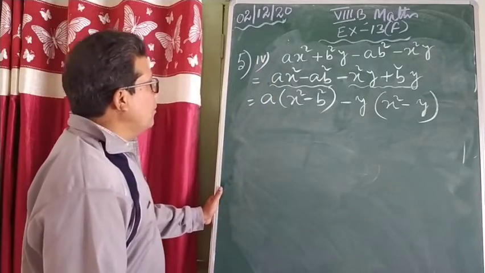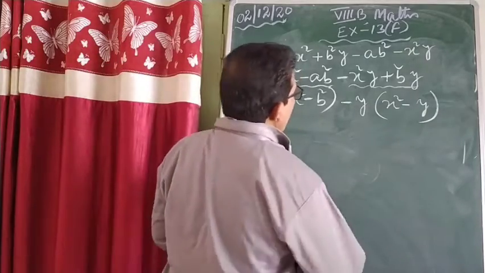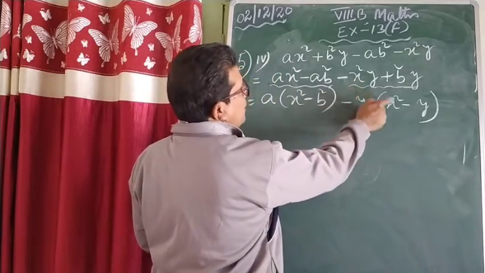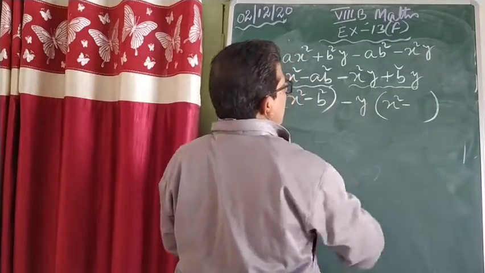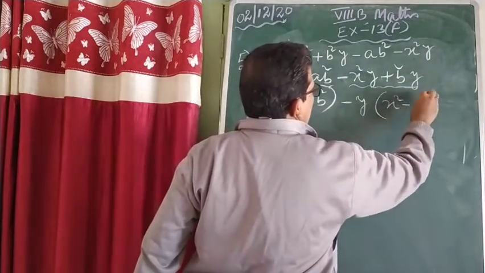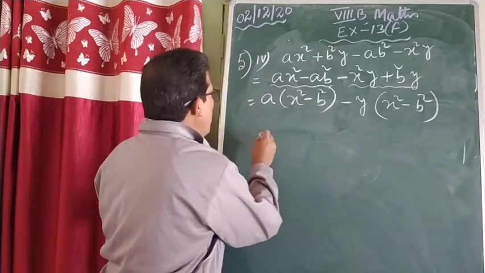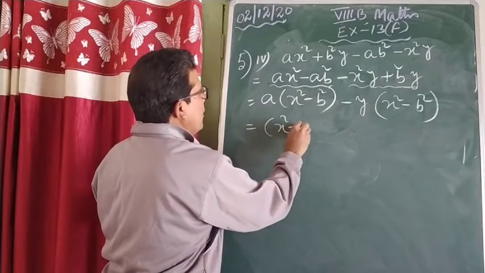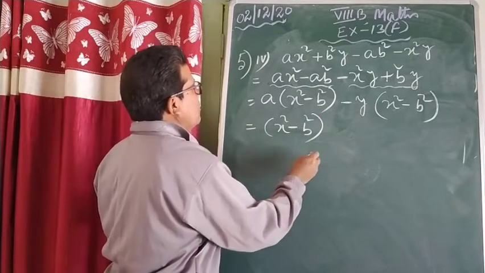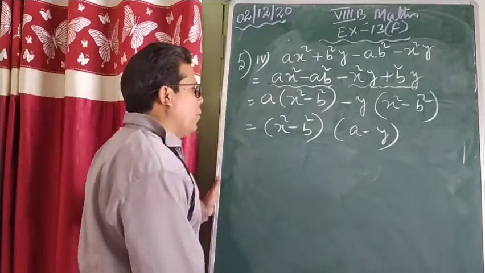Now, somewhere some mistake we made. I made a mistake. Look here. Y when I have taken common, x square comes. Here y is gone. What will be here, beta? The b square will be there. This is a mistake made by me. Now it is correct. Now what will you notice? Both the bracket one is same. Write them one time, x square minus b square, and whatever is outside the bracket you write one time.